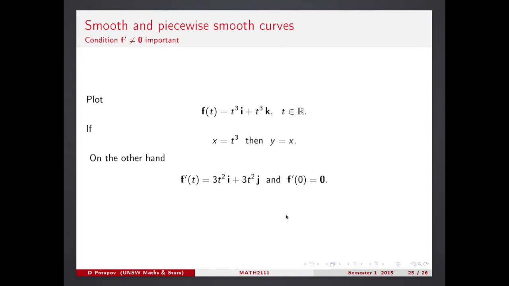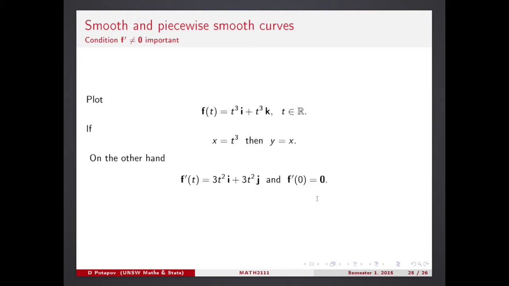If you compute f dash for this function, it's 3t squared. So at the point 0, it is 0. But this time, the curve is obviously smooth, right? A straight line is always smooth. Zero or non-zero, doesn't matter. So these two examples just go to show you that this condition, if you can establish